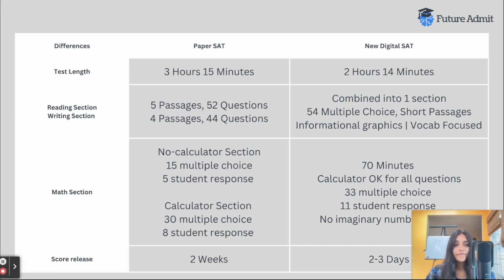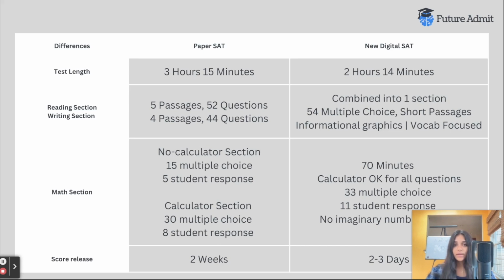So there's going to be 54 multiple choice questions, and they're all going to be very short passages. And they will also include informational graphics, as well as the whole test is going to be more vocab focused than it was in the past, right? So many years ago, there was a vocab section basically on the SAT. They've kind of started bringing that back. But like I said, the new digital SAT is one section,